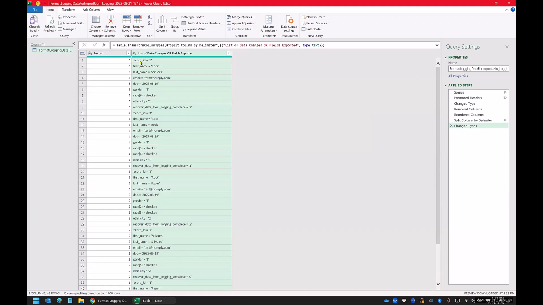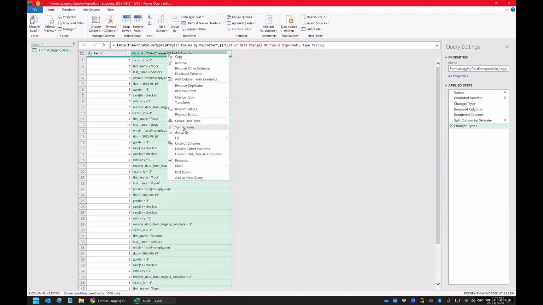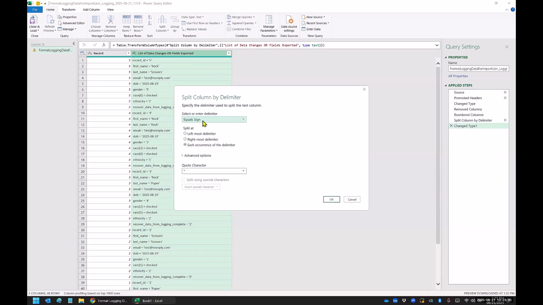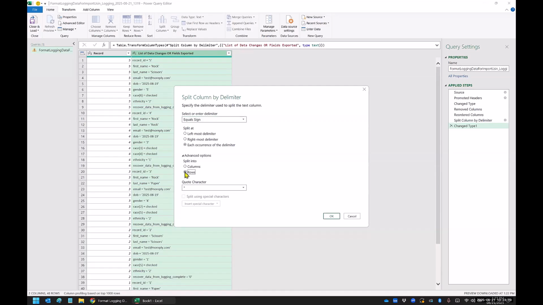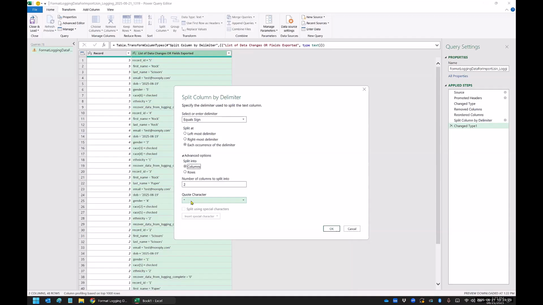So the next thing we want to do is split these values out. I'm going to right click again and go to split column by delimiter. This time it's going to automatically select equal sign, because it sees that that's the only thing there. But if it doesn't, you can just select it from there. We want each occurrence, and now we want it to go into rows. Sorry, we want it to go into columns, and it's going to split it into two columns. Same thing here, we don't care about the quote character. So if we hit OK,